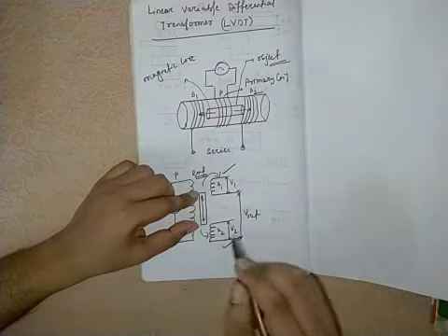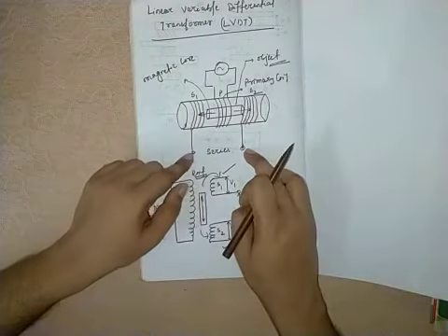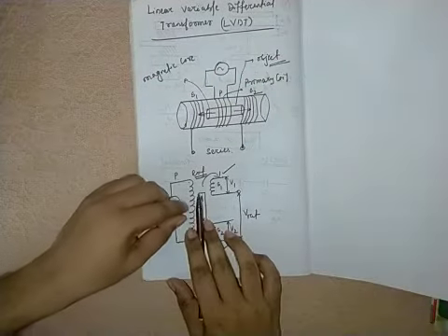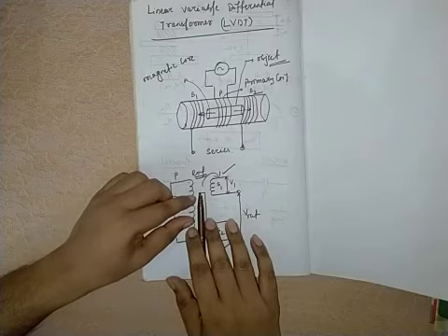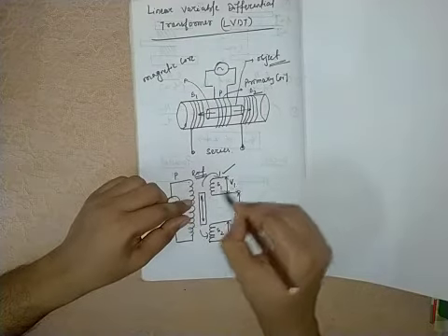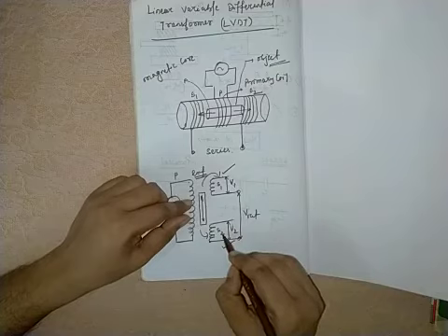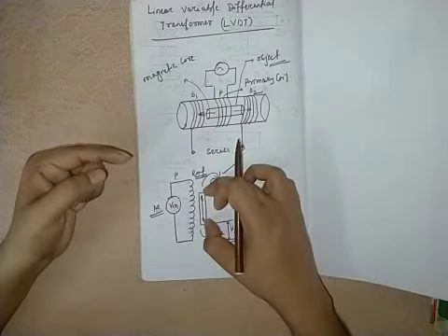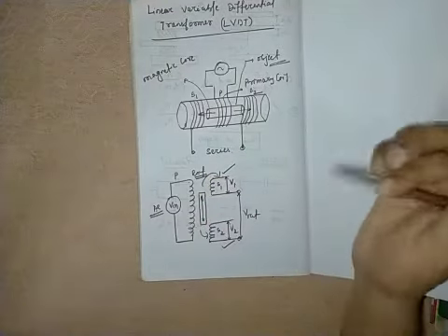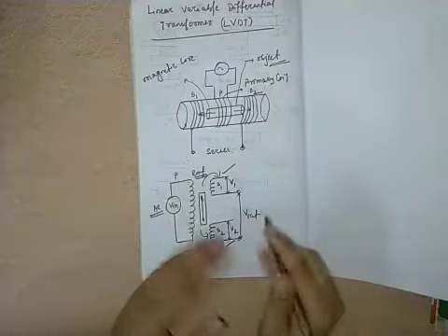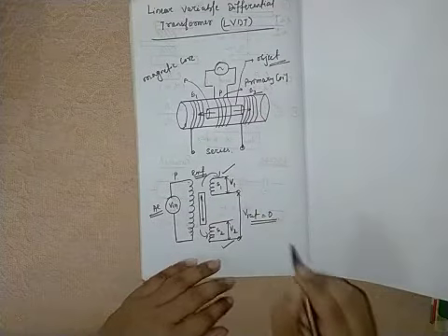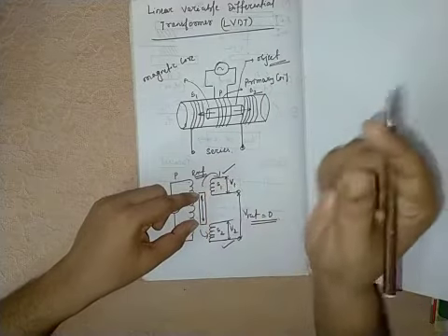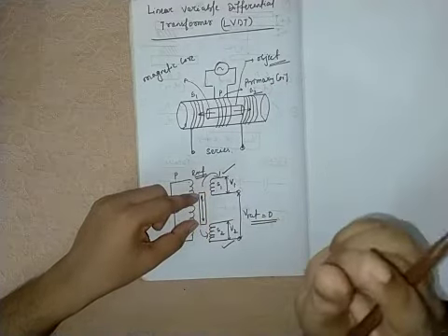And I have already told you that S1 and S2 are connected in series, so the EMF generated in S1 and S2 will oppose each other. If the magnetic core is centrally placed, then the voltage created in S1 is V1 and in S2 is V2. Now V1 and V2 will be equal because it is in the central position. The resultant voltage will cancel and the output will be 0. This is the situation where the magnetic core is at the mid position, meaning there is no displacement of the object, the object is at rest.